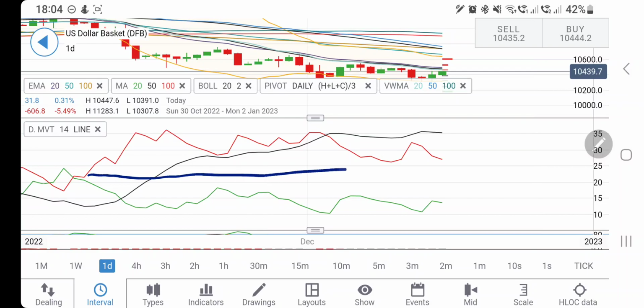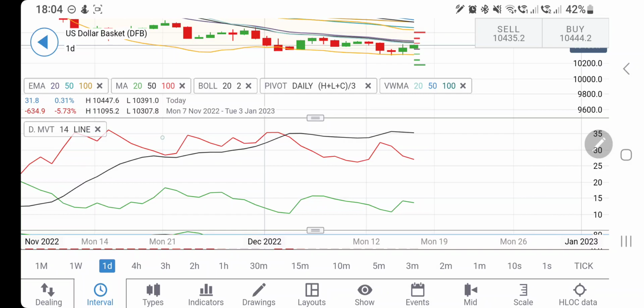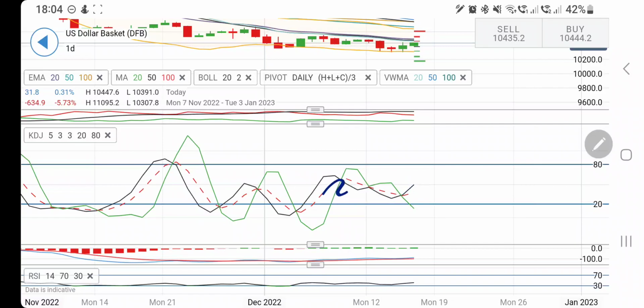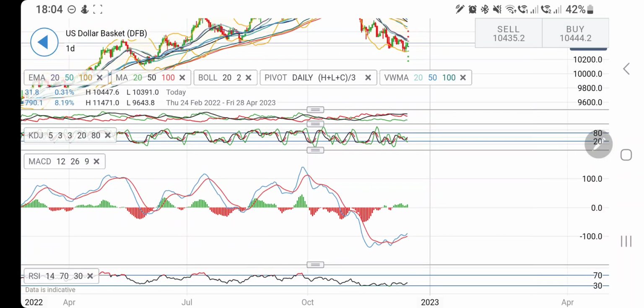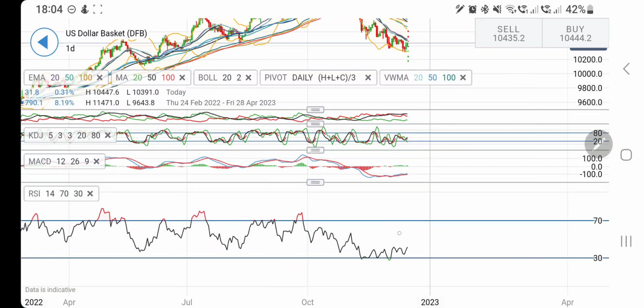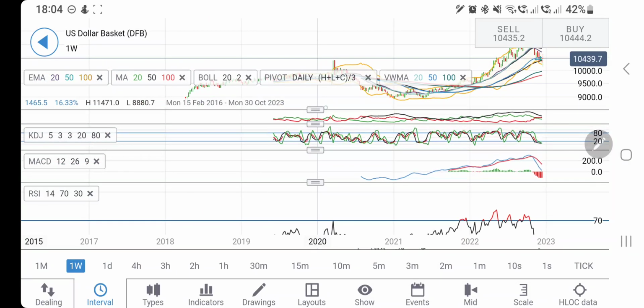Now look at the directional movement on the daily chart. So far it is trading bearish for the last few weeks, and it is trying to converge a bit. Let's see if it crosses over for a bullish move. Stochastic is trading upwards, trying to trade bullish here. The MACD is trying to trade in green, and this crossover has happened from the bottom, and it is trading with little divergence on the upside, because if you look at the crossover here, it has almost achieved the bottom, now trying to trade with a little rise here. RSI is also trading near the bottom and looking upwards, indicating little strength here.